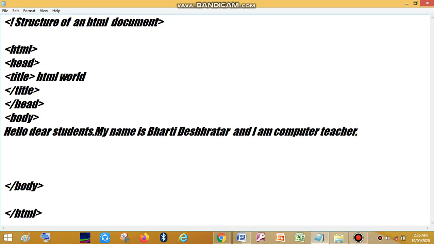After writing your HTML document, you need to save your HTML document. To save your HTML document, you need to follow some steps. For this, first you need to click on the File menu, then click on the Save option. The Save dialog box appears.